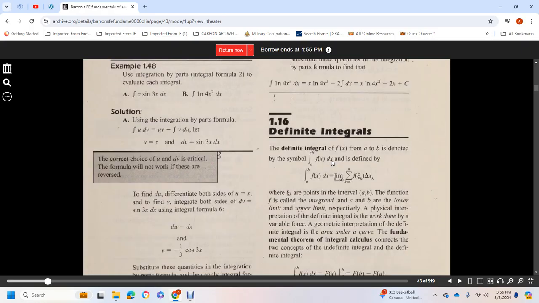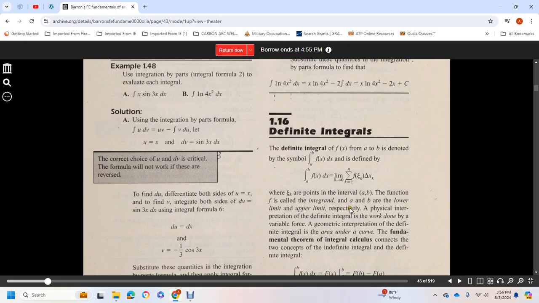Alright, now we're moving on to definite integrals. For a function f of x on the interval a to b, the definite integral from a to b of f(x) dx is defined as a limit of sums, where the points are on the interval a, b. The function f is called the integrand, and a and b are